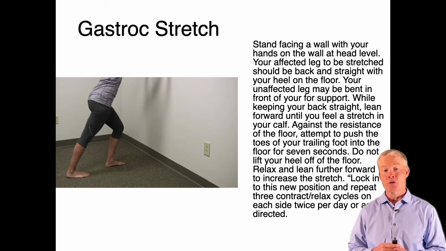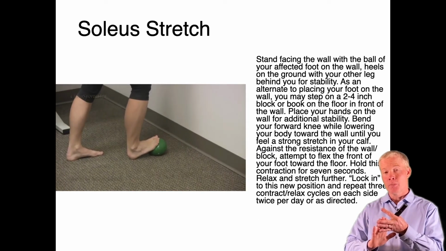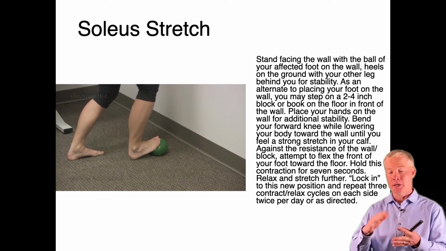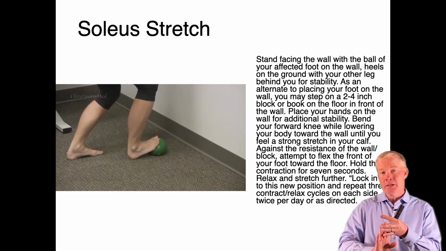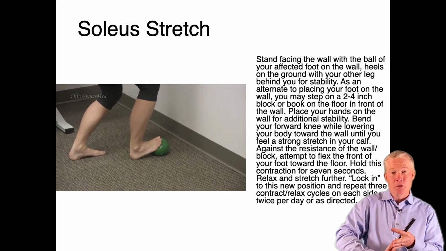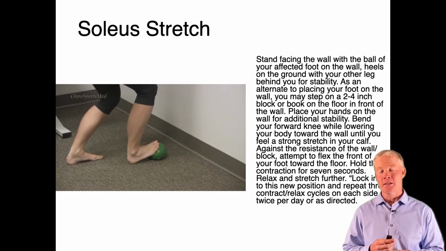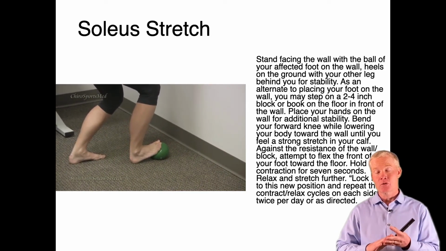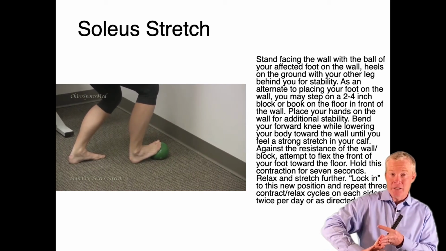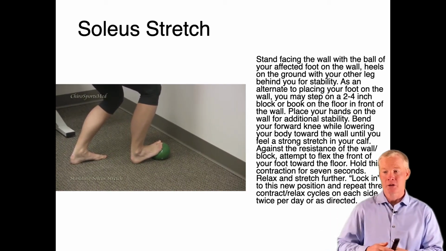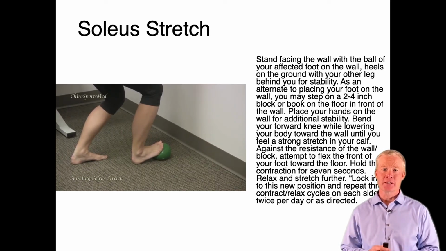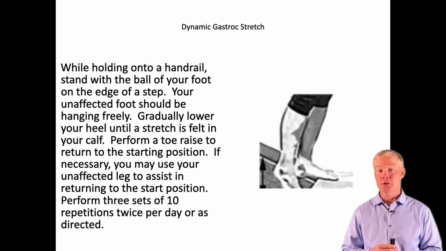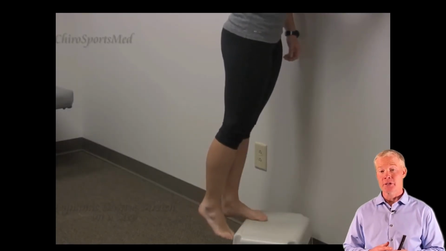So to stretch the soleus, we have the patient with a knee bent and their foot up on a curb or a ball or a box or a couple of blocks or a book, anything to elevate the foot into a little bit of dorsiflexion, and then we stretch out that posterior chain in the same way. It can be either a static stretch or a contract, relax, and stretch. A dynamic gastroc stretch is helpful because this is something that can produce some strengthening of muscles that are crucial as well.